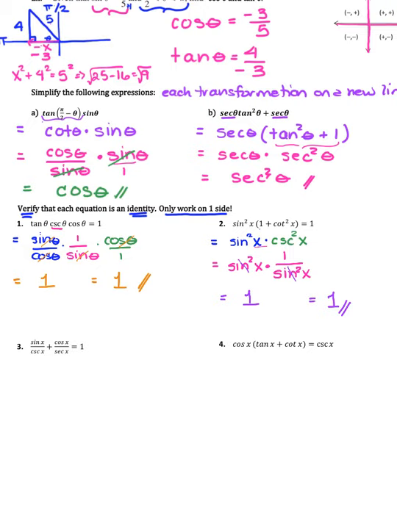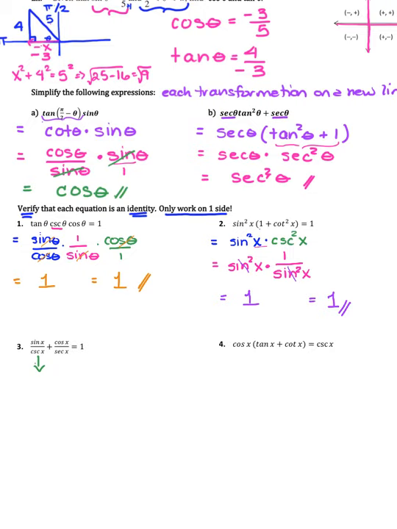Okay, so now they're going to get progressively a little more difficult. So let's see what we can do here. I see a sine over a cosecant plus cosine over secant. So I see a ratio of the reciprocal properties. So this one, sine,